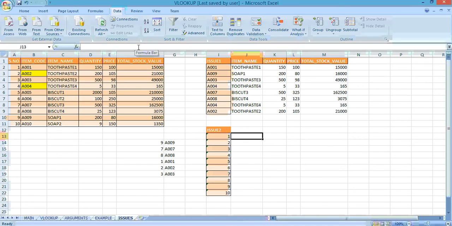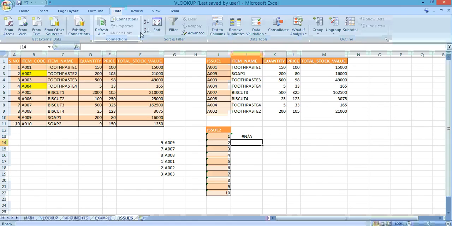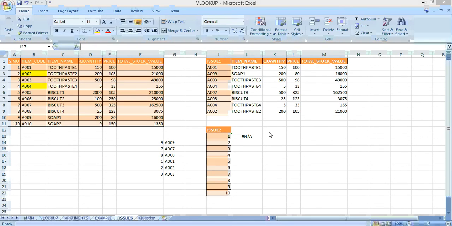Now one more issue you might face: here I have the serial numbers, and here as well I have the serial numbers, and I want to put the formula, but I'm not getting the desired output although my formula is correct. This is because the format of the values is different. So how to overcome this situation?